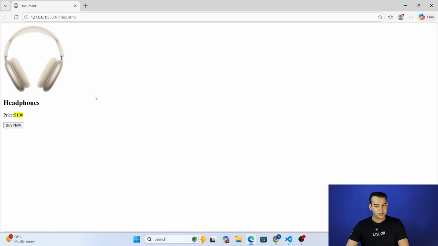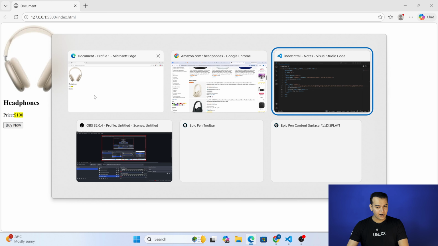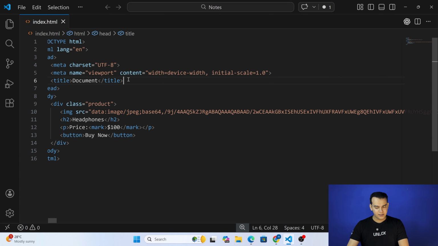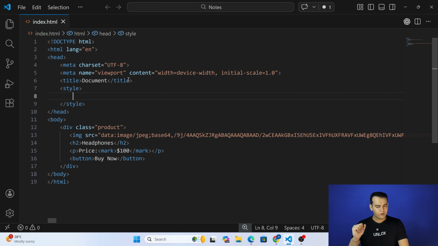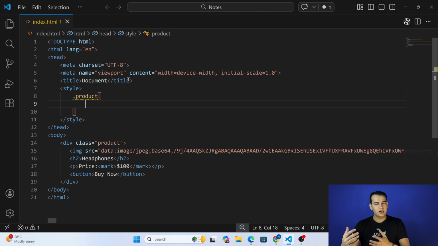So I will be using the internal CSS. What kind of CSS? Internal CSS by using the style tag. Now inside that I have to do the styling for the product. Inside this, I will be doing the styling for a particular class called product, because in that class,